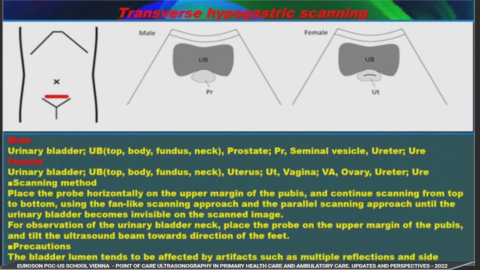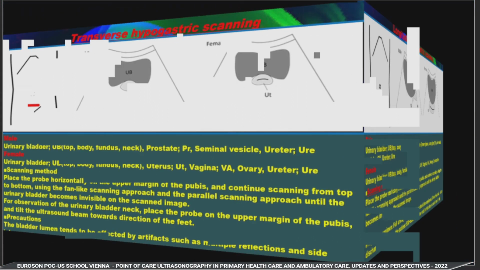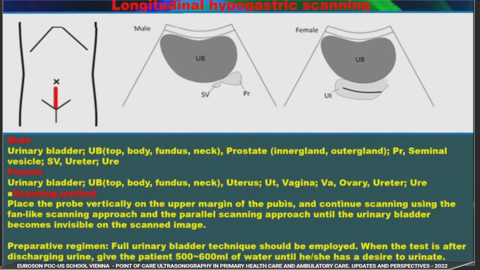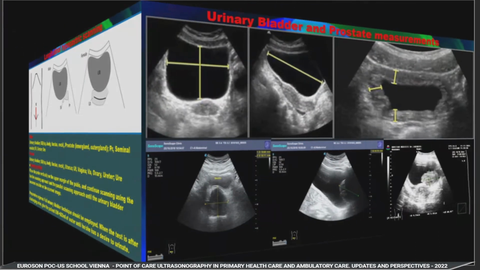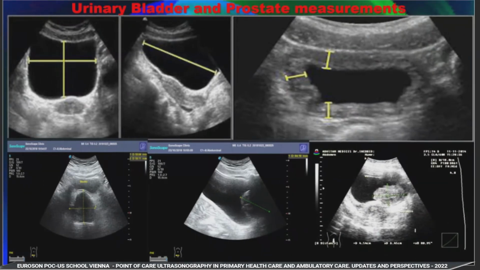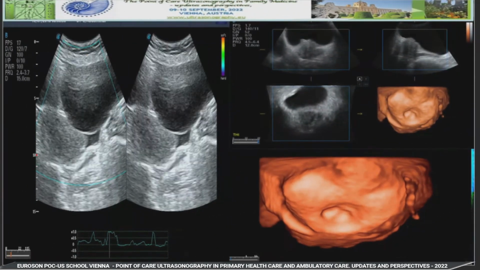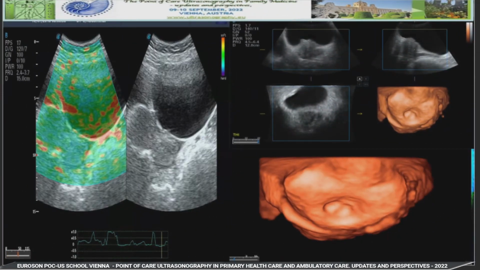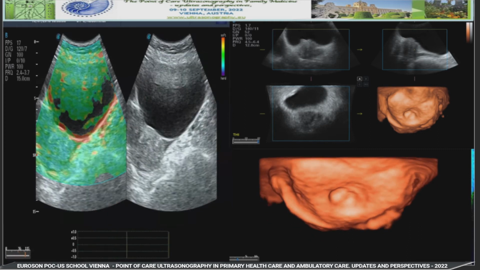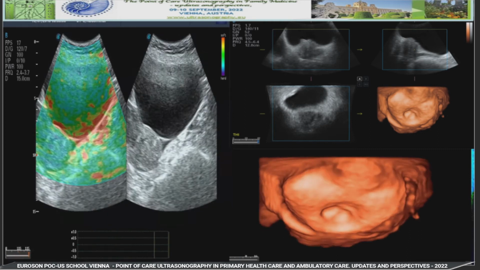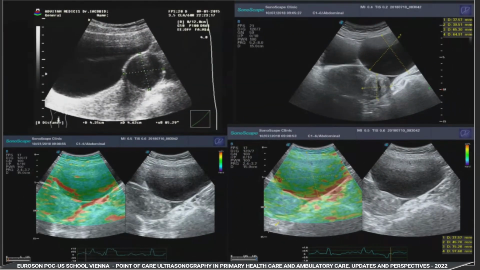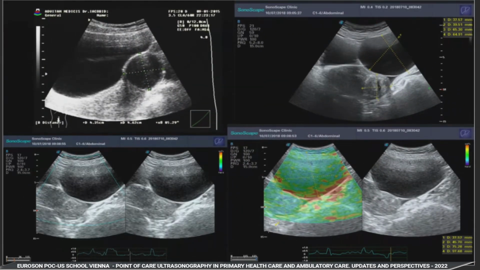And in transverse hypogastric scanning, you put the probe transversal and longitudinal in the suprapubic area, and you can find some nice images. You can make the measurements, the measurements of the wall. And also you can find the prostate in men, and this is the 3D to have a very nice view of a prostatic adenoma in your daily practice, and also ovarian tumors,